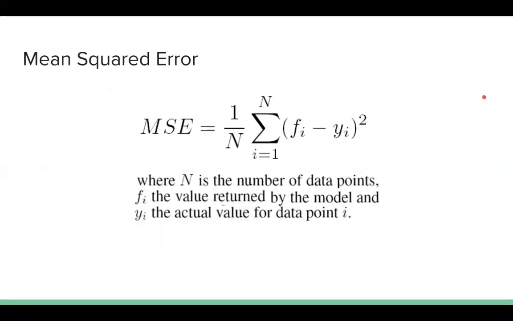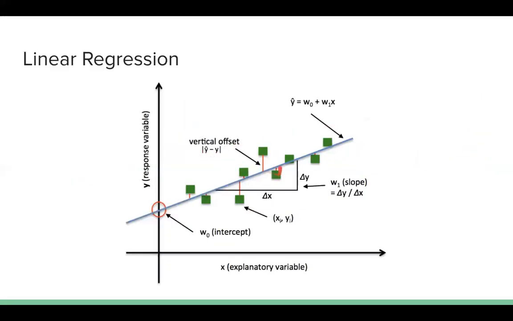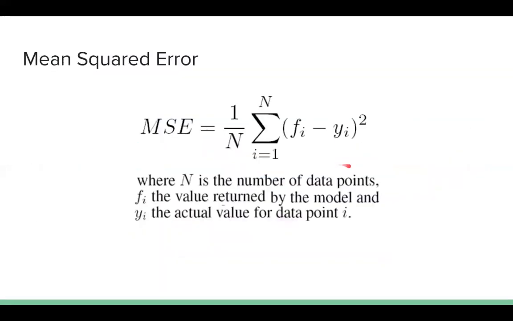So what is this mean squared error? Like I said in the previous diagram, what is the error here? This is my actual value and this is my predicted value. The difference between them, y minus y cap or y cap minus y, whatever it is, that will become my error. If I take the summation of all those errors, square it and divide it by the total number of samples, that will become my mean squared error. So don't get confused with this particular formula.